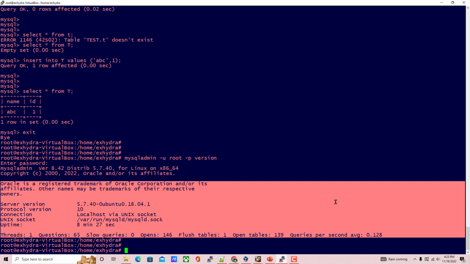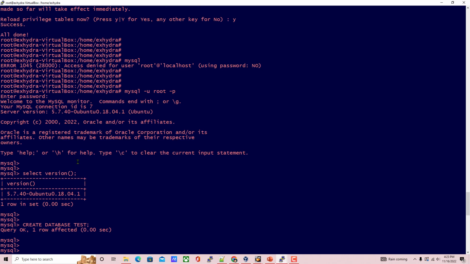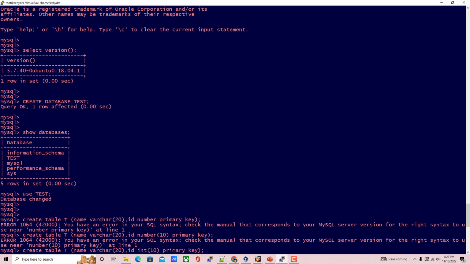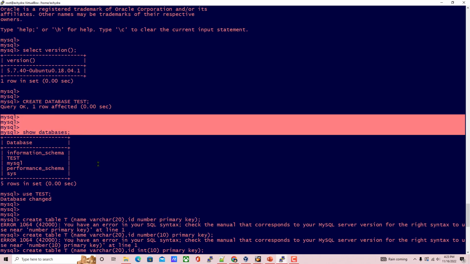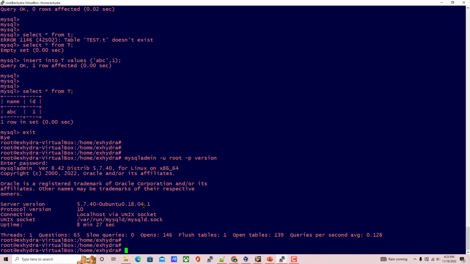Since I didn't connect to the command line, if I need to directly print the version from the Linux command line, okay, so there are two command lines. One is the MySQL command line. If you log into this command line, you can type in the SQL commands, and if you want to directly check the version from the OS command line, you can check like this. Okay,